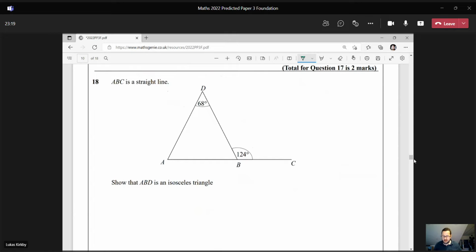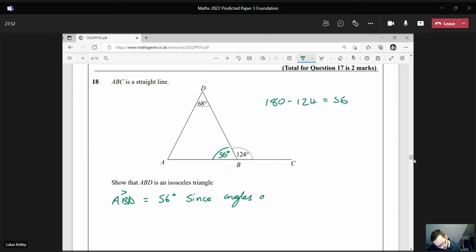Okay, 18. ABC is a straight line. Show that ABD is an isosceles triangle. Well, if we've got a straight line, we know that angles on a straight line add up to 180. So 180 minus 124 is 56. So this must be 56. Let's just write y. So the angle ABD is equal to 56, since